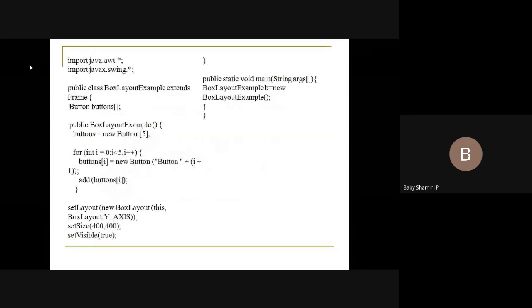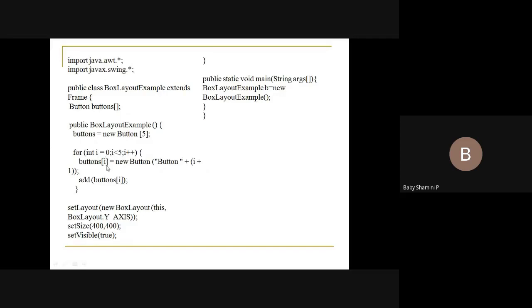Here I'm going to add buttons. I'm going to use the concept of BoxLayout here. First I'm going to use an array concept. For that I'm declaring Button b[]. Inside the BoxLayout, I'm declaring the array size: b = new Button[5]. So I'm going to allocate 5 buttons, 5 components, starting from 0 with i less than 5.